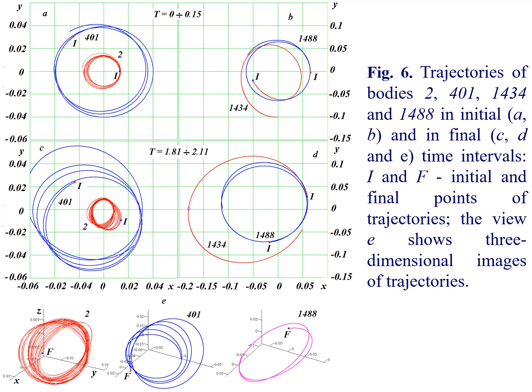At the initial stage, the trajectories of bodies 2, 401 and 1488 differ little from a circle, and the